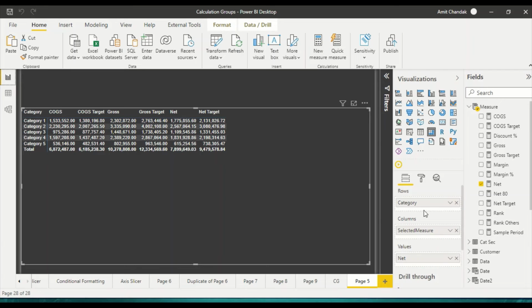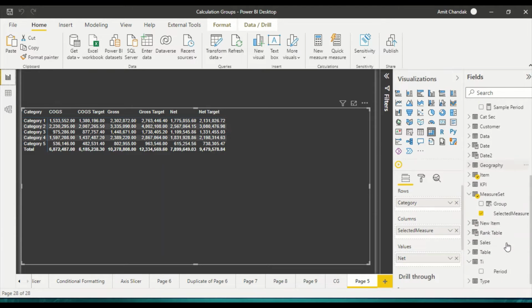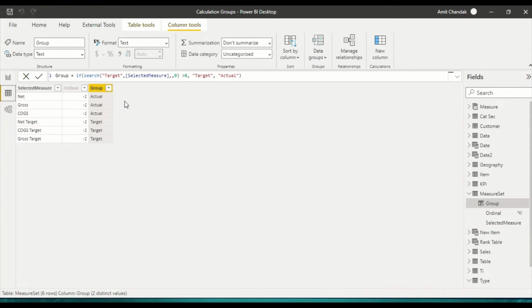Now what I can do here is, I can go here, and now I need one more. Basically I need something which only contains this net, cogs and gross. So I need a new column which is name. So I say